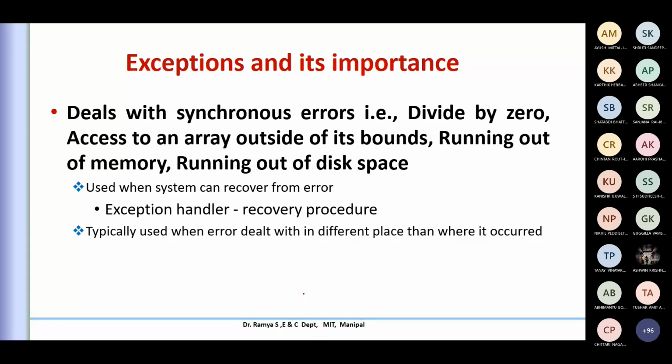In C++, it provides an exception handler. So it is a recovery procedure. We'll see that in more detail. It is used when an error is dealt with in a different place. It can also point where to go if this error happens, or how to handle that. So you have a lot of provision there. And it is useful when the program cannot recover but must shut down cleanly. Sometimes, if the operation happened like this, you can't do anything, but I can always shut down the information, or I can come out of that program properly. So that is also possible with the error handling here.